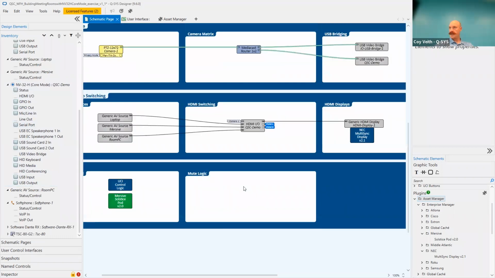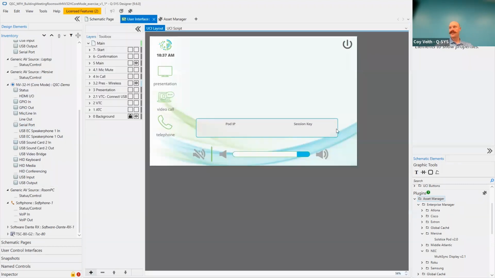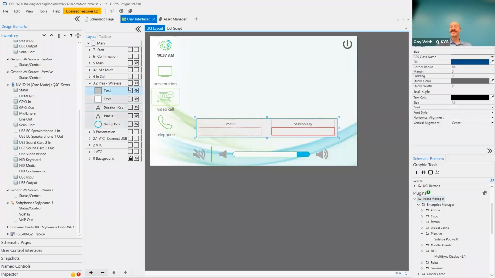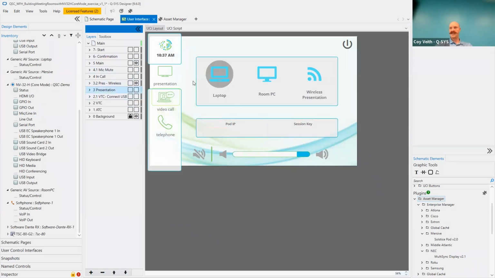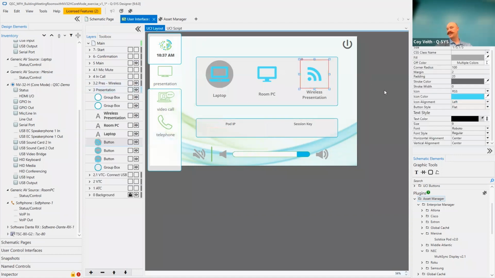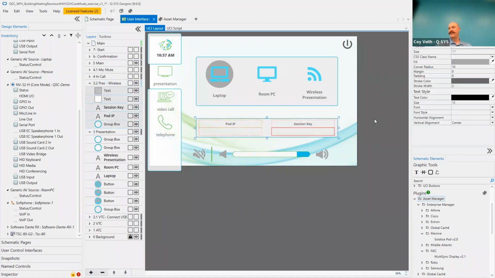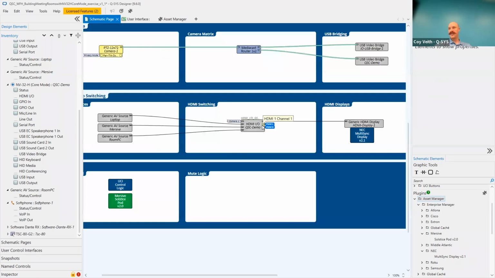So let's see. We can drive some logic here. One of the things I want to show is a way to use logic. For instance, the pod IP and session key here. There's a particular time we may want this to show on our touch panel. How about when we're on the presentation page and we've selected wireless presentation? That might be a good time to show that information, right? We can actually come here to our